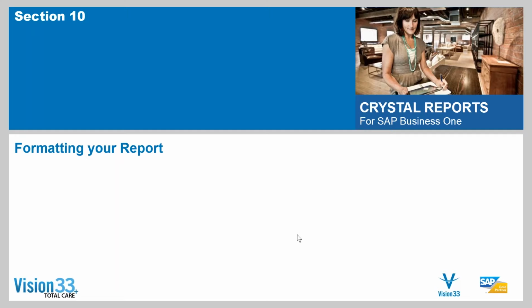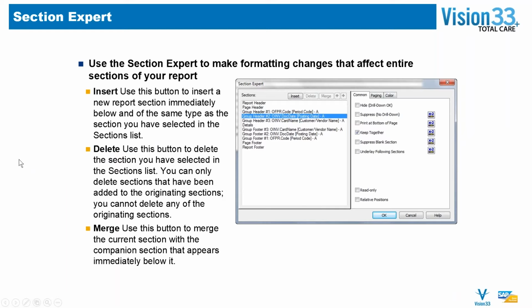So first, let's go through a few slides that just talk about some of the basics of formatting your report. So typically, you're going to use the section expert to make formatting changes that affect the entire section of your report. Now, one thing I want to be sure to show you today is how to suppress the details in a report so that we can activate the drill down function. And we will use the section expert to do that when we get to that stage